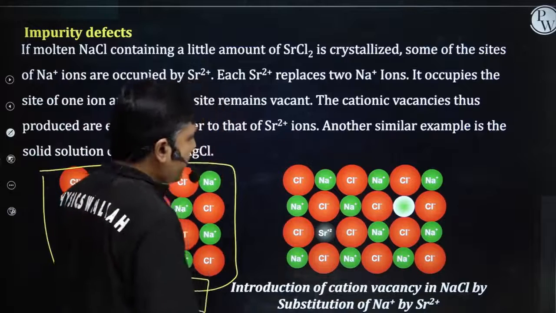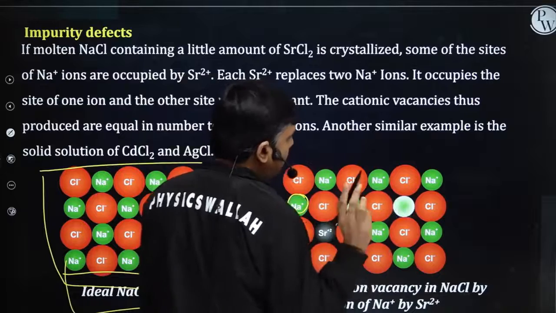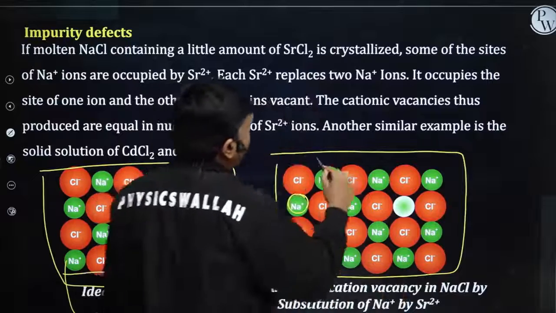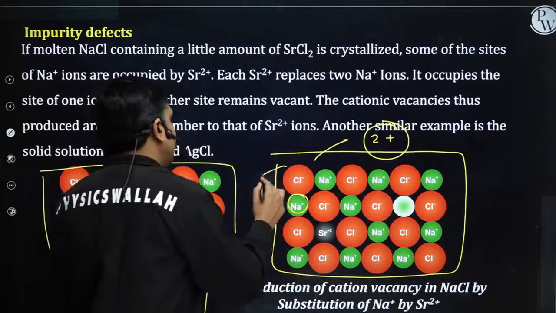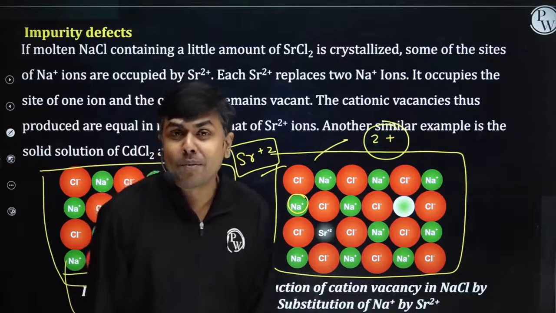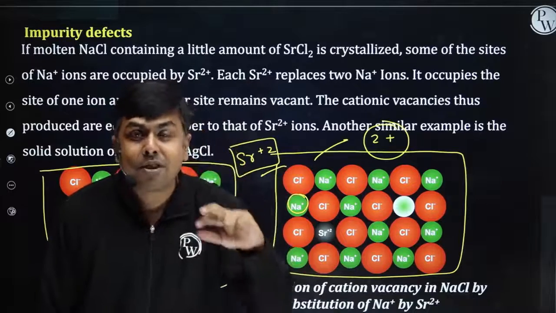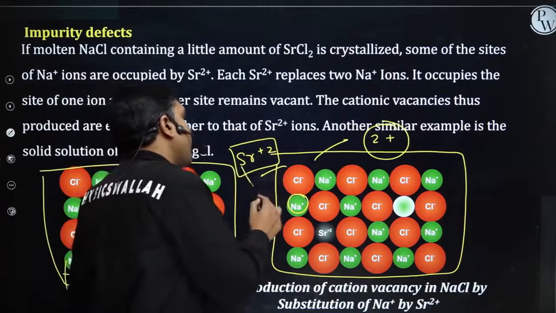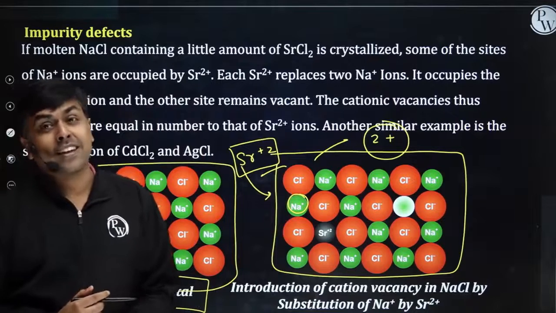What I'm going to do, I'm going to remove 2 Na⁺. I have removed 2 Na⁺. So can I say now this crystalline lattice will have a shortage of 2 positive charge units? Now I am going to replace it by Sr²⁺. Is the electrical neutrality maintained? Initially it was having a deficiency of 2 plus units because I have removed 2 Na⁺. Now these 2 Na⁺ are replaced by 1 Sr²⁺. Can I say still here one of the cationic vacancies will be there?